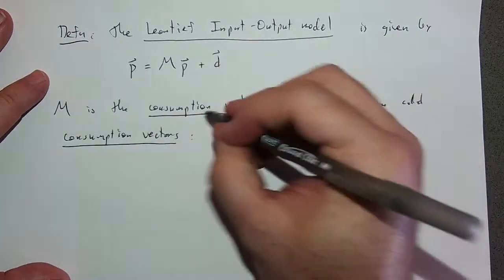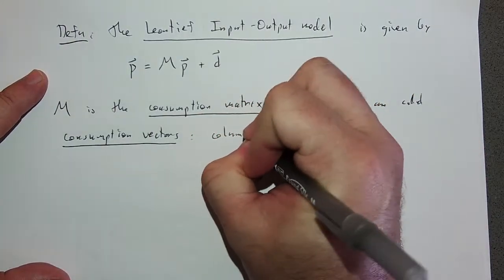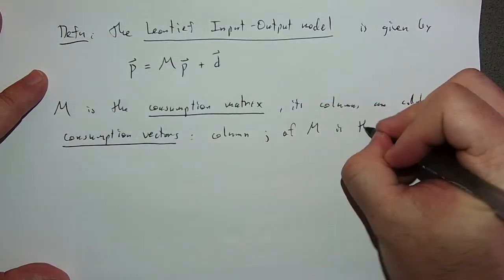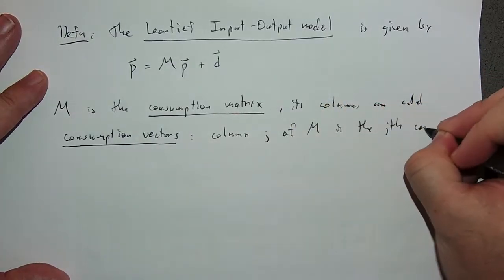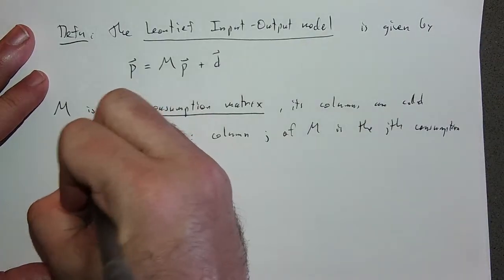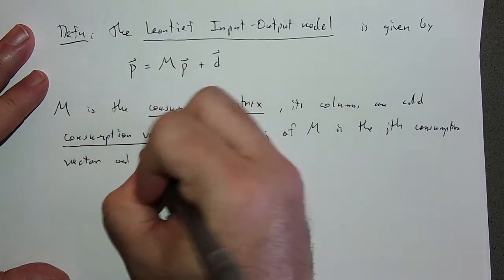So, column j of M is the jth consumption vector, and it contains